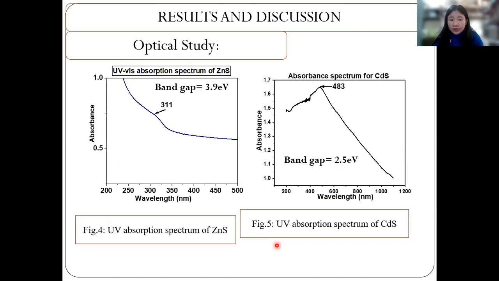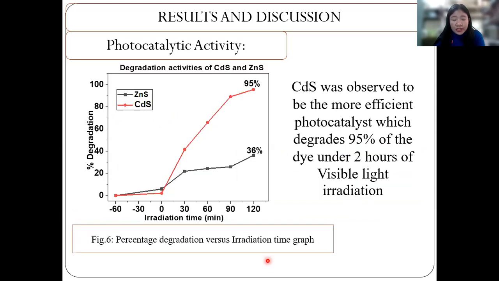The optical property of the samples was investigated using UV visible absorption. From the absorbance spectra, the energy band gap of the samples was calculated, and it was found that zinc sulfide has an energy band gap of 3.9 electron volt, and cadmium sulfide has an energy band gap of 2.5 electron volt. The photocatalytic activity of the samples was studied, and cadmium sulfide was observed to be the more efficient photocatalyst,